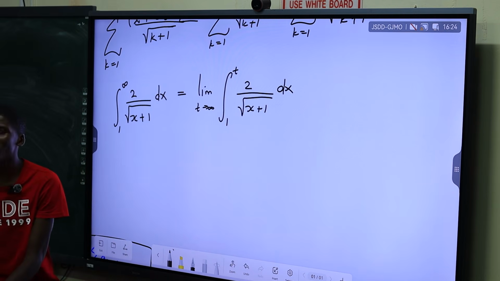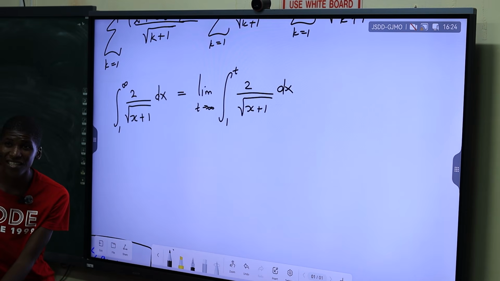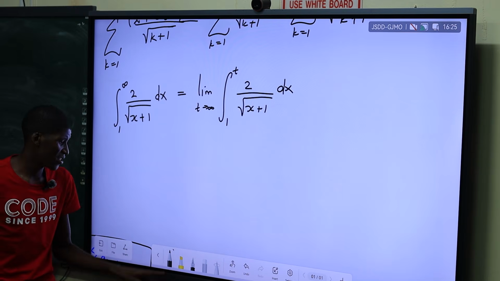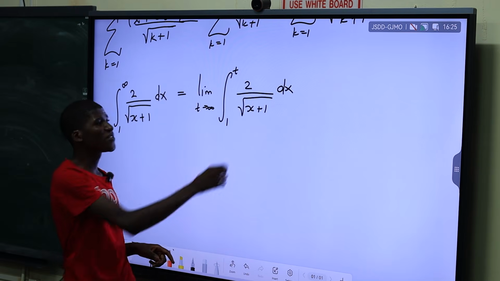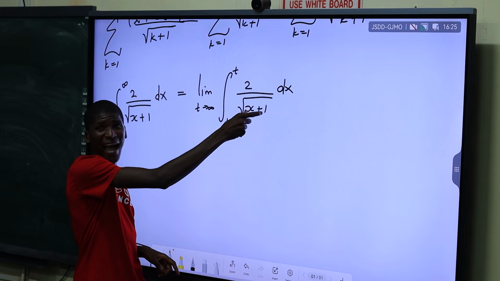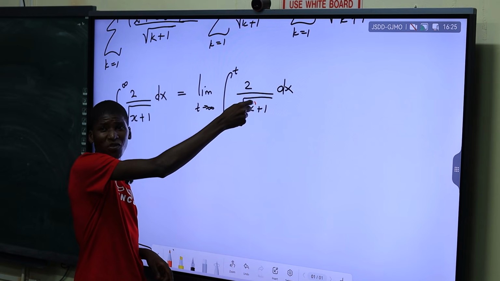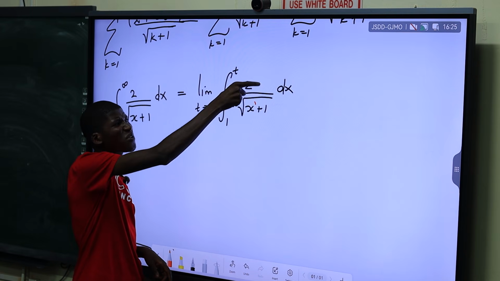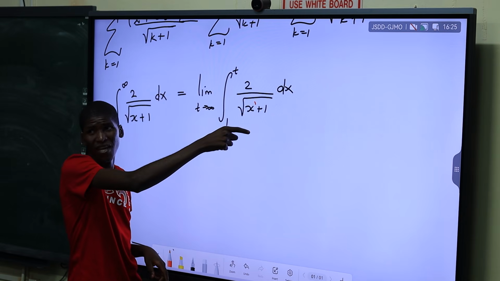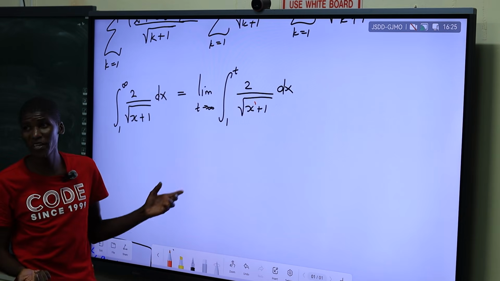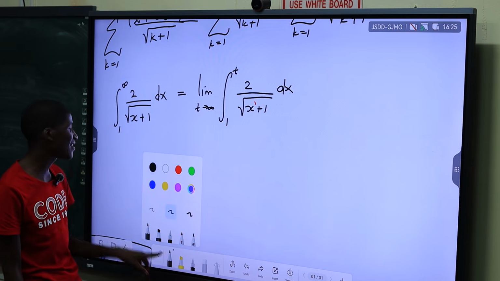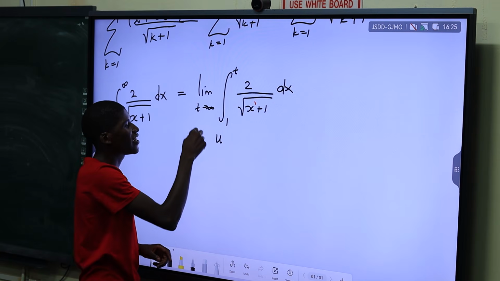Which method should we use, u substitution or by parts? Yeah, u substitution. You can use substitution here. If this is our u and we differentiate this inner part, x raised to the power of 1, this will give us a constant, and the term outside is also a constant, so you can do your substitution there. Please guys do all these, revise your calculus 2 because at this point you need it.